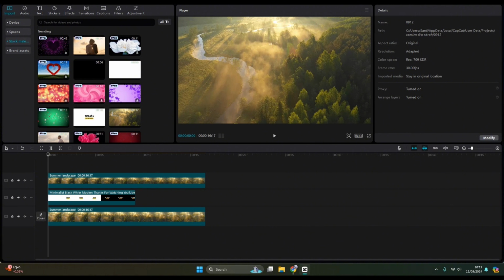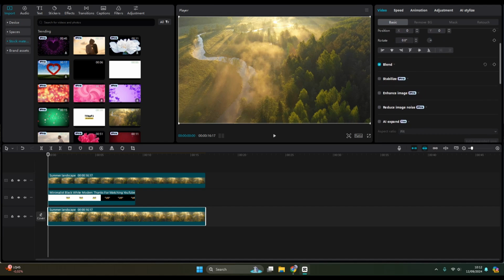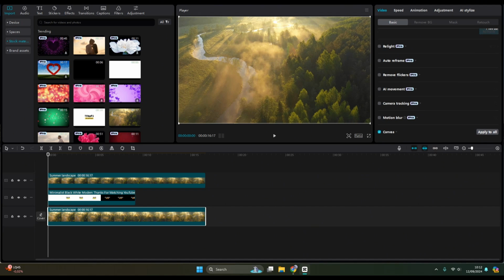So it's usually under the basic settings on the video, so just click on the video in here, and if you scroll down there will be layer options in here, but as you guys can see here, there is no layer available in here. So what you need to do is go to the menu at the top, click on